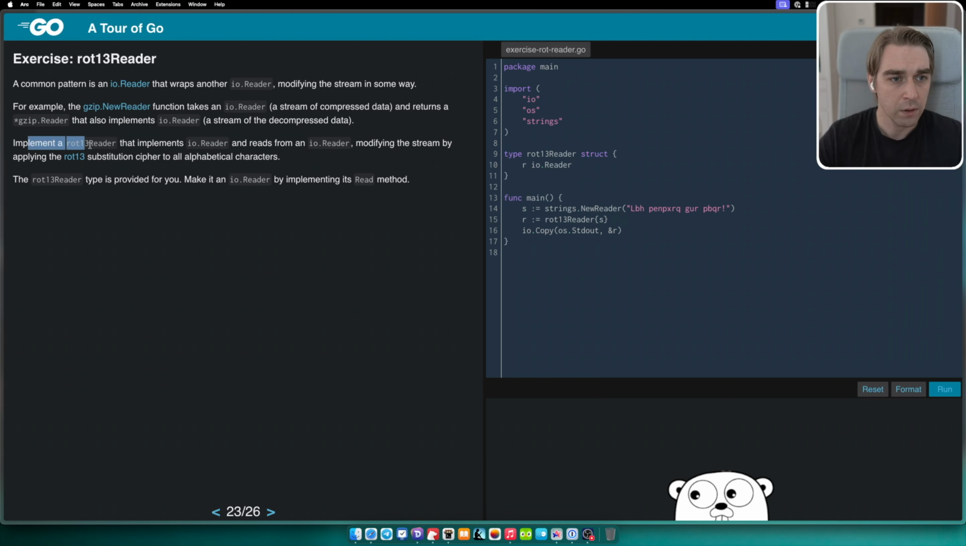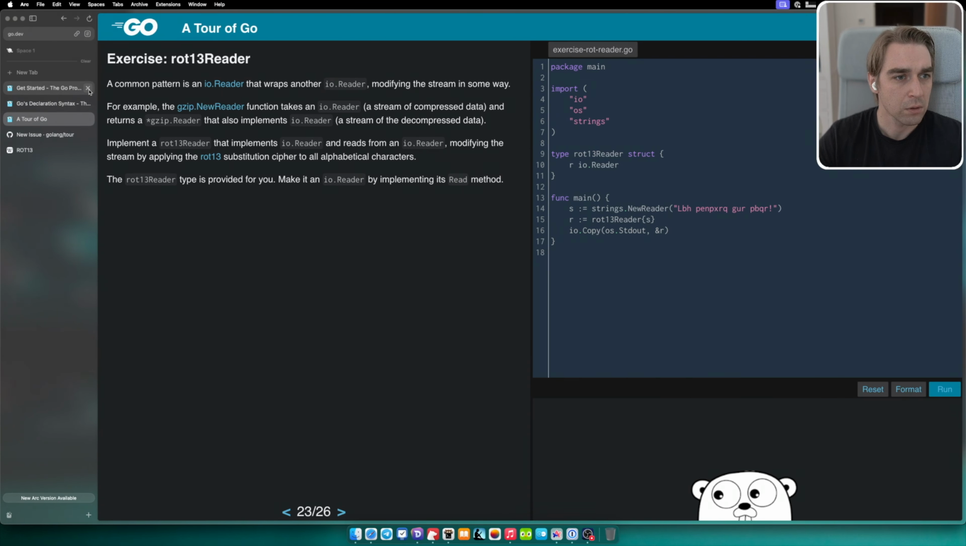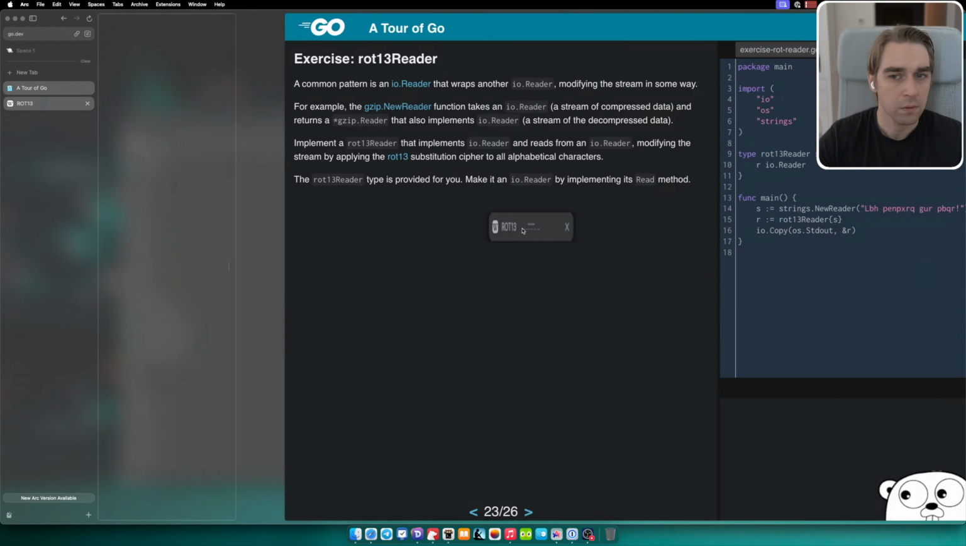Implement a ROT13 reader that implements io.Reader and reads from an io.Reader, modifying the stream by applying the ROT13 substitution cipher to all alphabetical characters. Alphabetical. Okay. The rot13Reader type is provided for you. Make it an io.Reader by implementing Read. Okay. Let me clean up things a little bit. Okay, what is